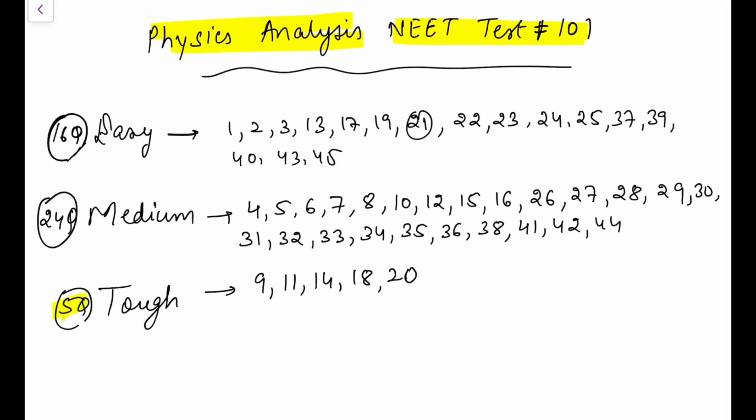So I've regarded 5 as tough, but frankly speaking I see most of you will find more questions as tough. 24 as medium, 16 were easy, 21 where the answer is not as per the data given, and there are many questions which actually require very good concepts here. So this paper is going to be a challenge. Don't go by my classification of easy, medium, tough. Most of you will find it more challenging than what I have written here.